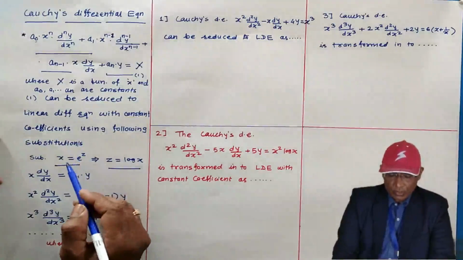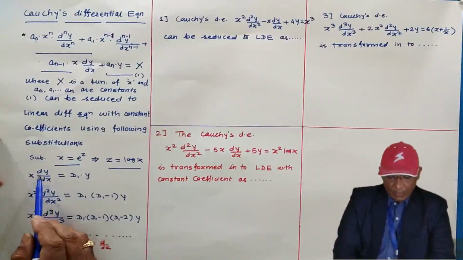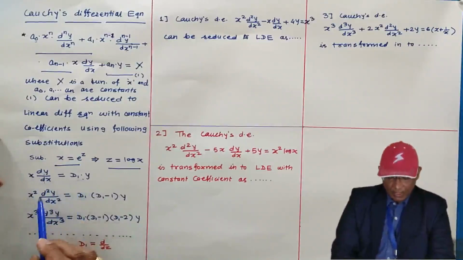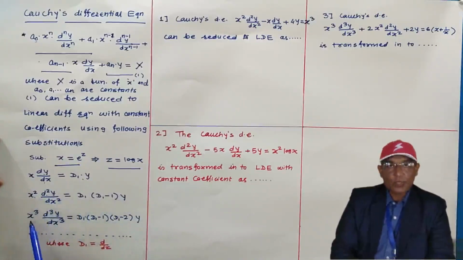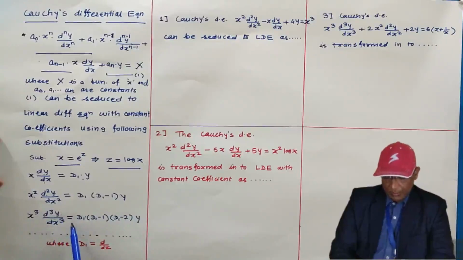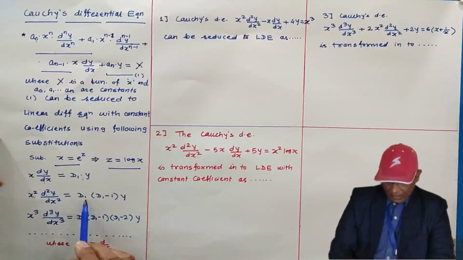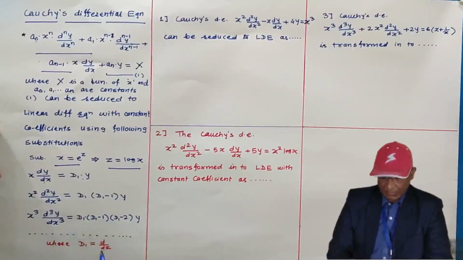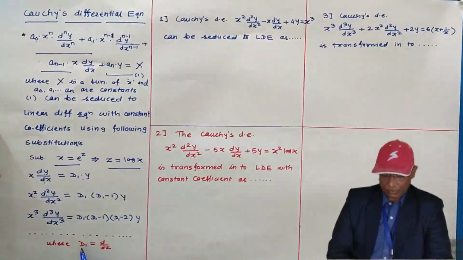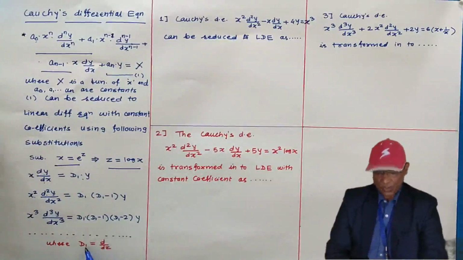And when you substitute this in Cauchy's differential equation, consequently x dy by dx must be replaced by D1, x square d2y by dx square must be replaced by D1 into D1 minus 1, x cube d cube y by dx cube must be replaced by D1 into D1 minus 1 into D1 minus 2, where D1 is derivative with respect to z. D1 is what? It is derivative with respect to z. So instead of D1, many authors are writing D also. Instead of D1, many book writers are using D also. Okay, you please